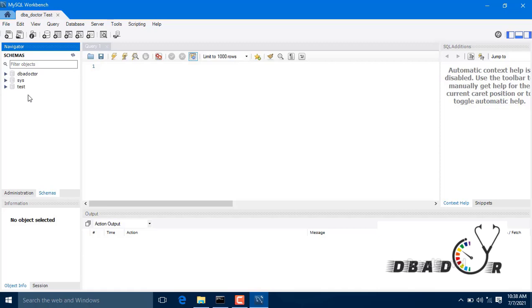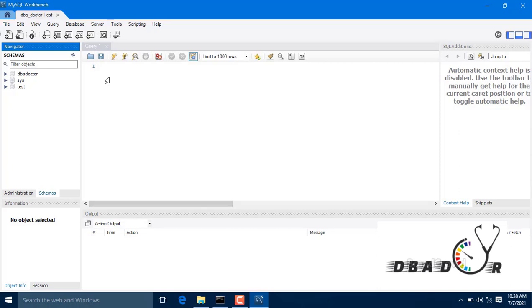Here you can see the databases: DBA doctor schema, sys schema, test schema; these are all schemas. The top side is the query bar, where you can give the query and query-level settings. Down the line you can see the output of whatever executions you are running. Here you can get the output for the execution details.